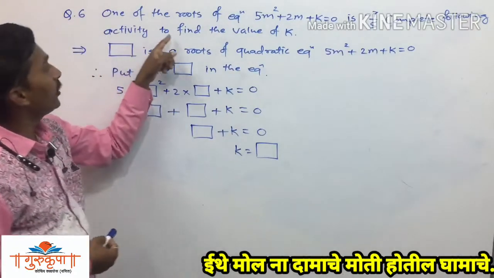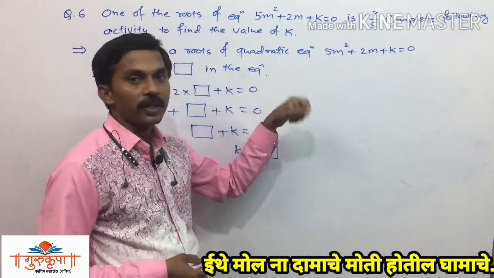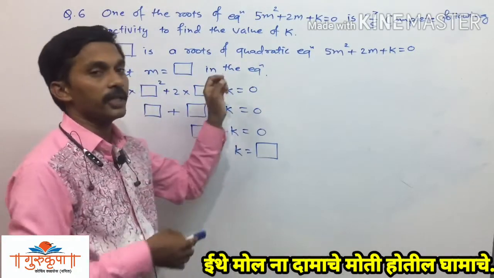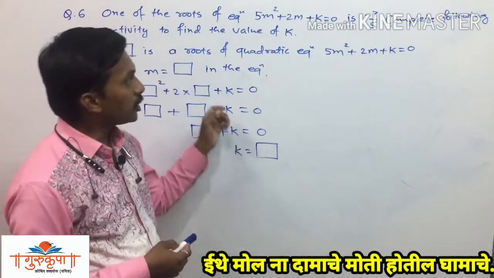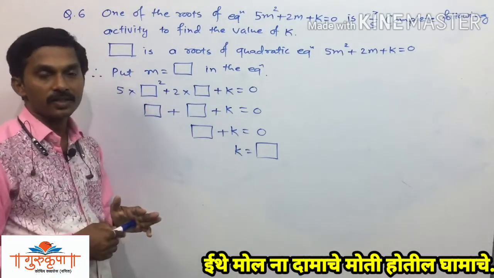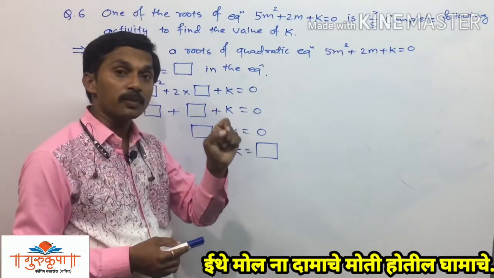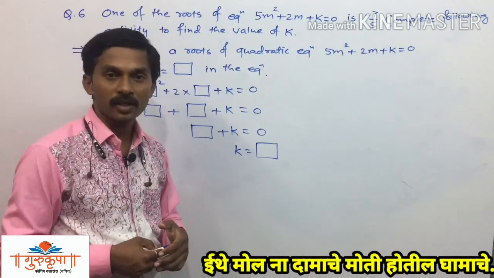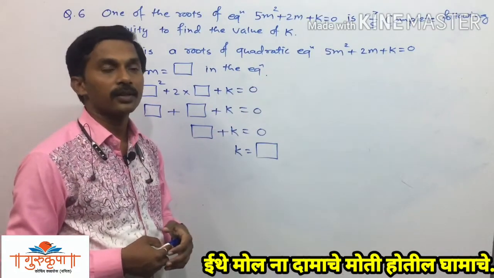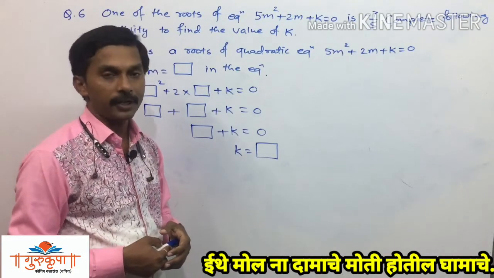Complete the following activity to find the value of k, as we found the value of k in the previous example, question number 5. Same example is there, but it is an activity. Previously also I told you that we cannot make any changes into the activity, we just have to fill the empty boxes with the proper values. If we do not put the proper values into the boxes, then you will not get full marks. So you have to take care about the activity.